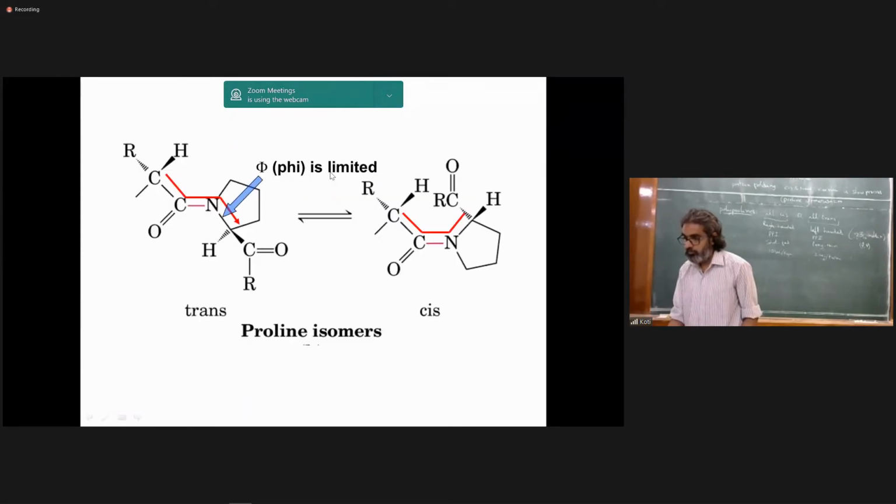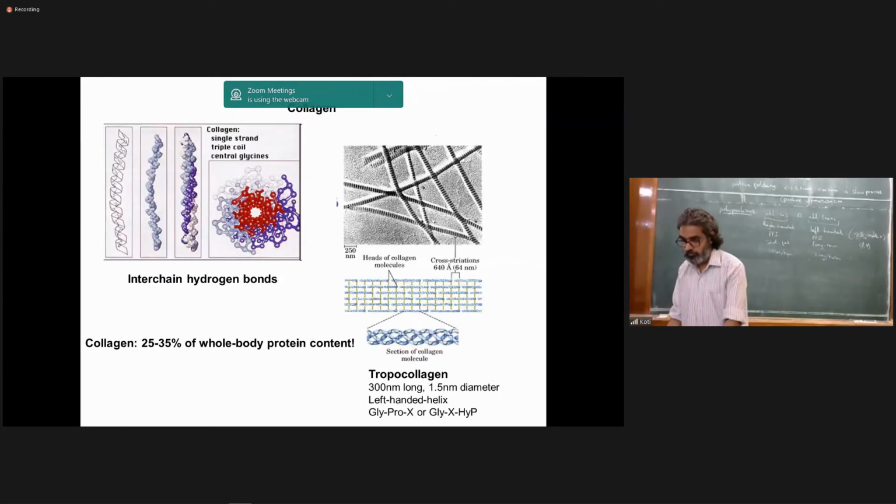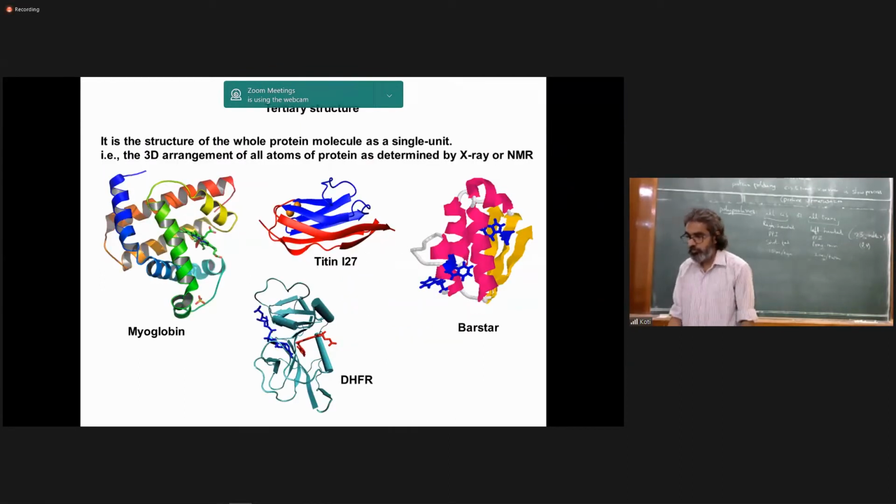Sir, I have a question. We are dealing with beta strands that are parallel and anti-parallel in protein structures. Can a protein structure have mixed beta strands, like some of them parallel? Oh yeah. So maybe I'll show one of the structures. There is actually, let me see before I forget. So this is a structure you see labeled titin I27. See, this strand and this strand are actually parallel beta strands. Okay? Yes, sir.